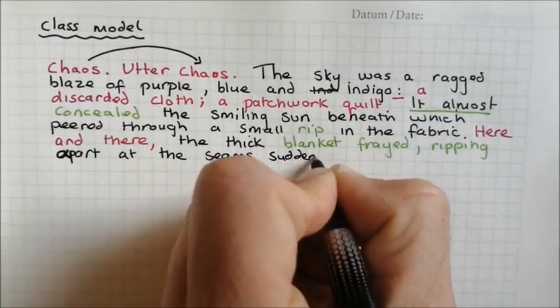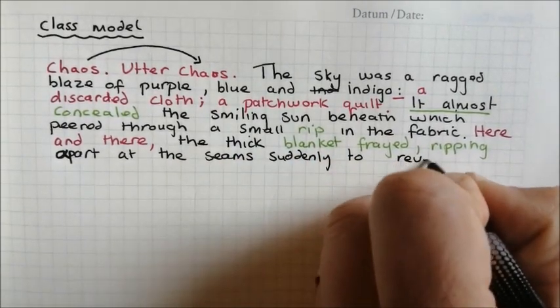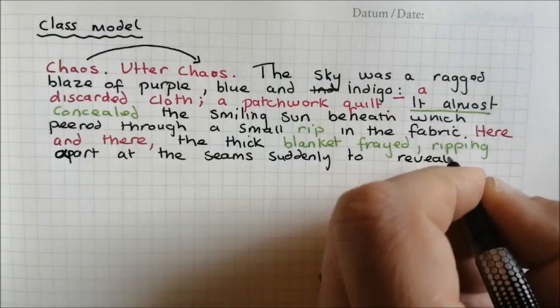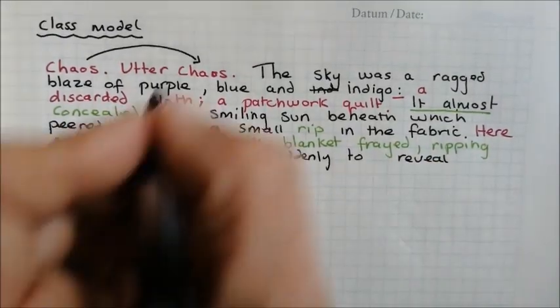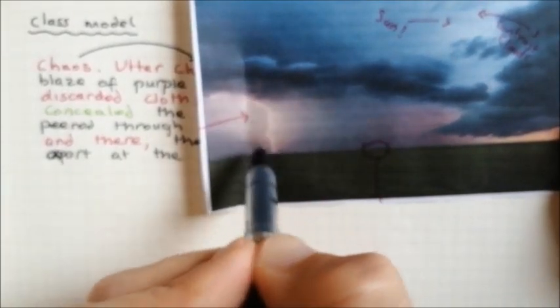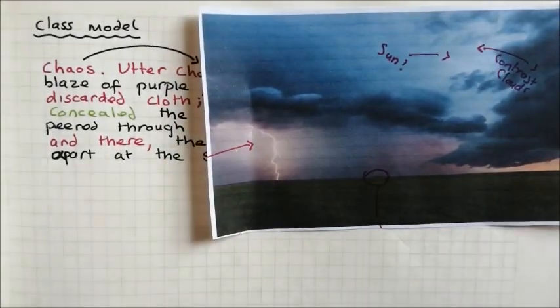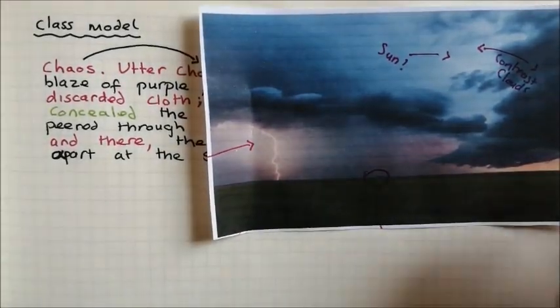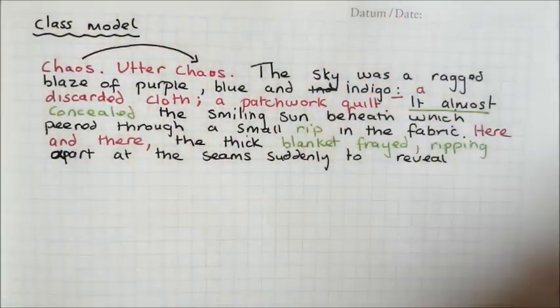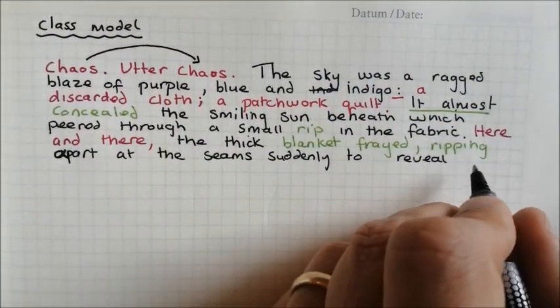suddenly to reveal furious. Well, we've got this lightning that's revealed over here, haven't we? It's being pulled apart almost. This is the stitching coming undone, the sun's coming through here, and we've got this lightning that's kind of like the thread that is being removed. The thick blanket frayed, ripping apart the seams suddenly to reveal